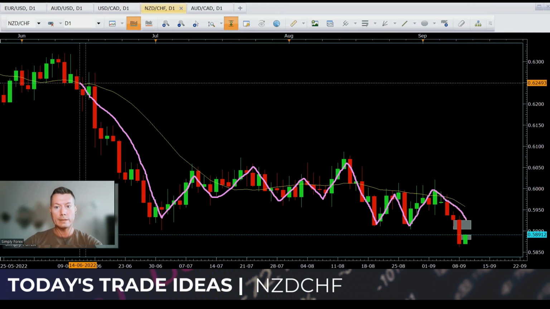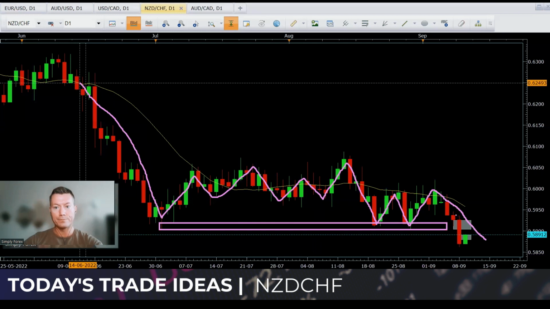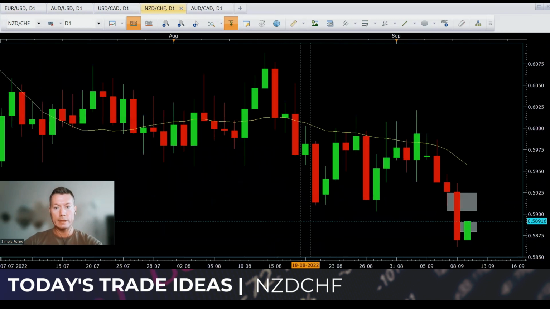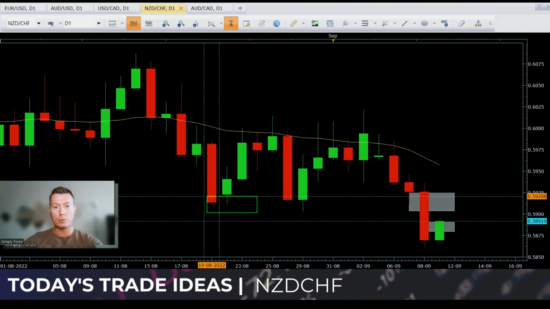But now, yesterday, we had a break of all of these lows here with this candle here. As you can see, this very bearish candle has broken this low, and this low. So structure is clearly in a downtrend. We've got lower highs, lower lows. If I zoom in a little bit, just so you can see that candle in more detail, it's broken these last lows here, and it's a super bearish candle. We're in a downtrend, so we are looking for shorts.